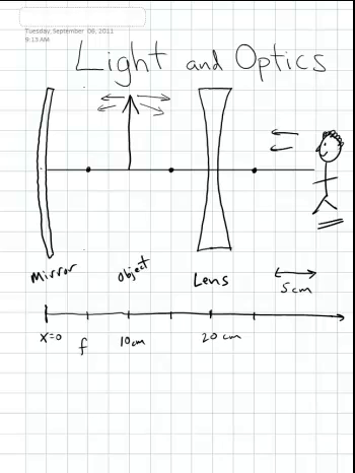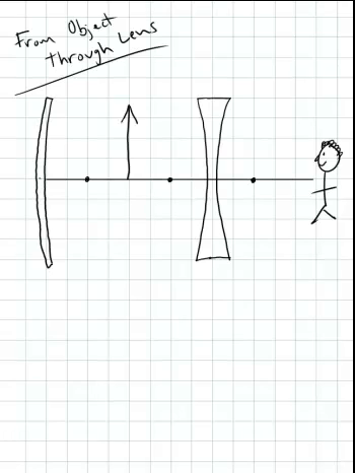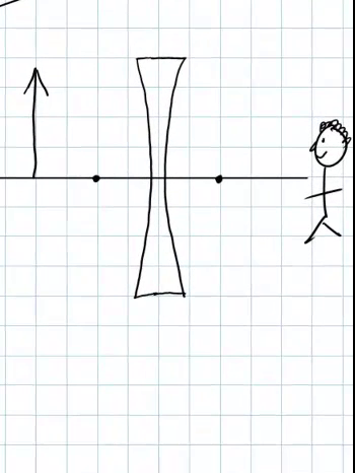I'm just going to redraw this and do all my ray tracing in a new drawing. Here we go. So we are only interested in the light coming directly from the object, traveling to the right through the lens. And we need to draw a line. Let's start with a red line, and I'm going to do 3. The first one I'm going to do comes in to the lens parallel to the axis of the lens. So that comes in